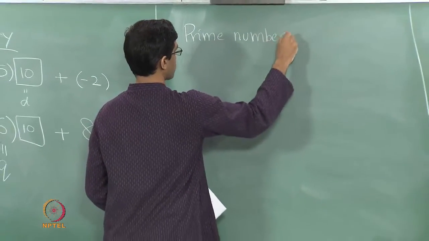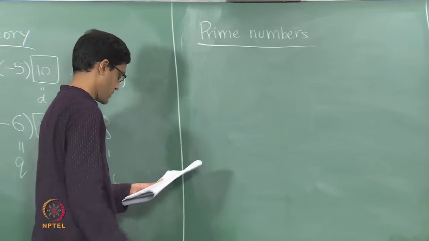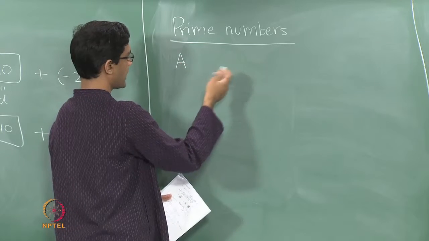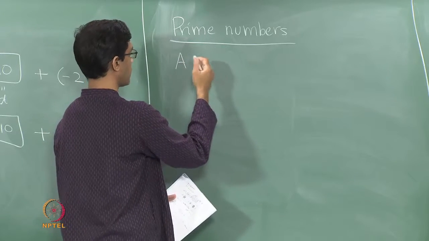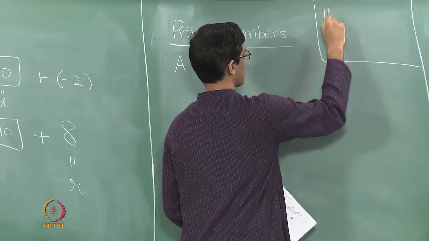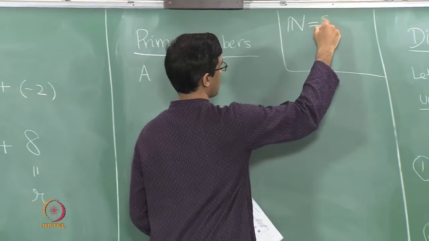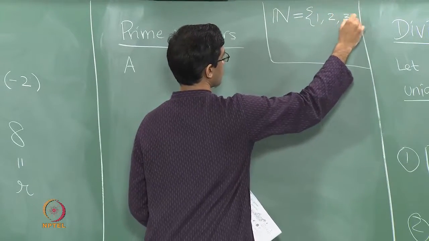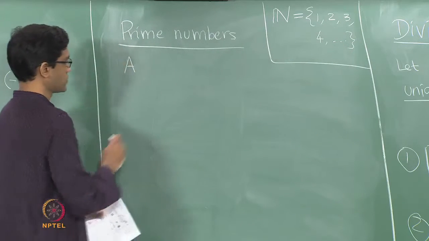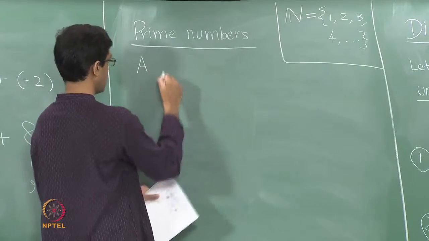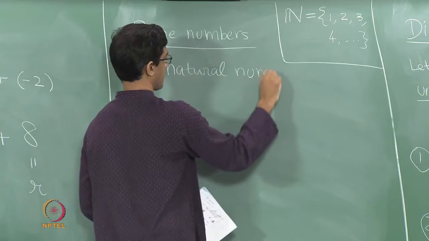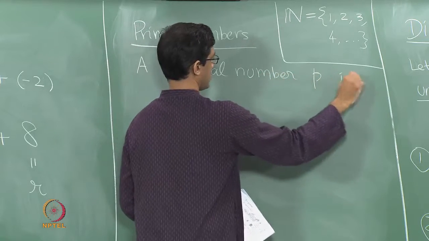So a very important class of numbers are what are called the prime numbers. So what are the prime numbers? Well, an integer greater than 1, so this is what you would call a natural number. So before we talk about prime numbers, let us recall the set of natural numbers, which is just all the positive integers. So this is just 1, 2, 3, 4 and so on, what is called the set of natural numbers. So a prime number is a natural number, so a natural number p is said to be prime